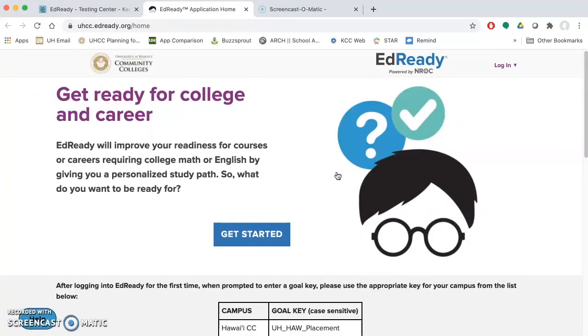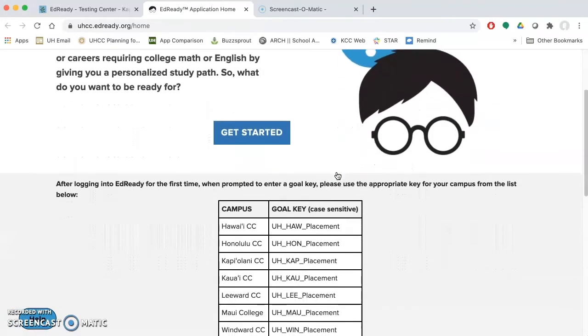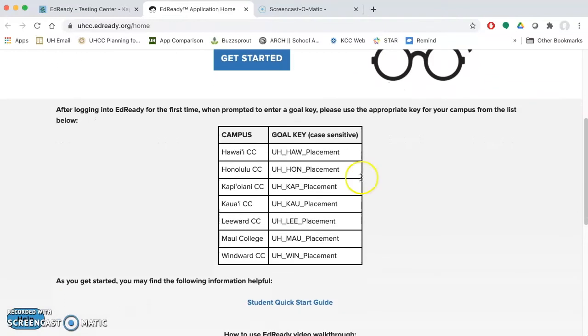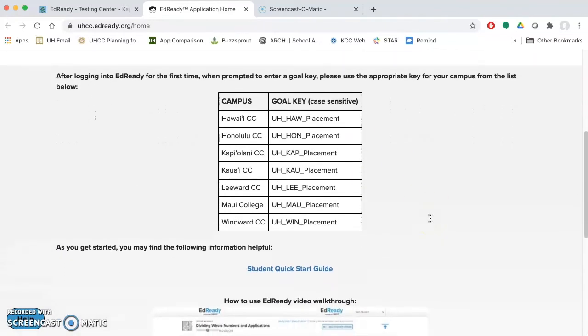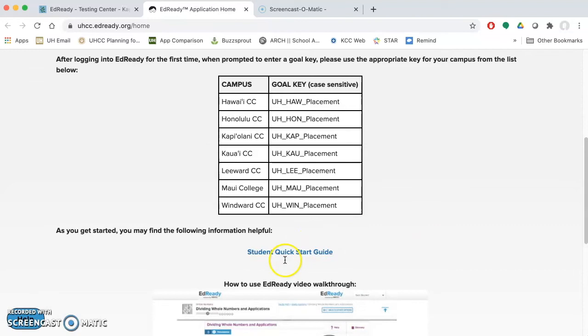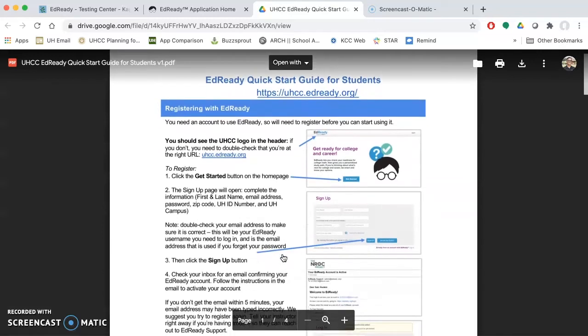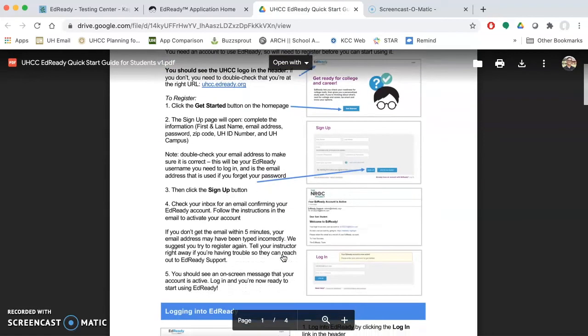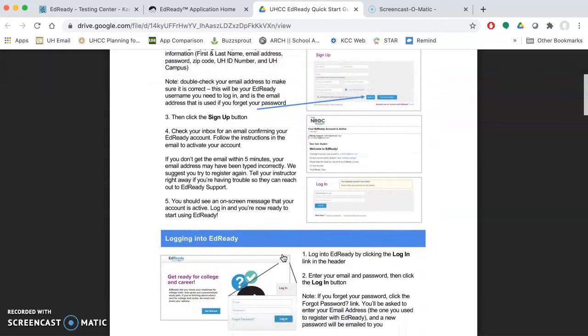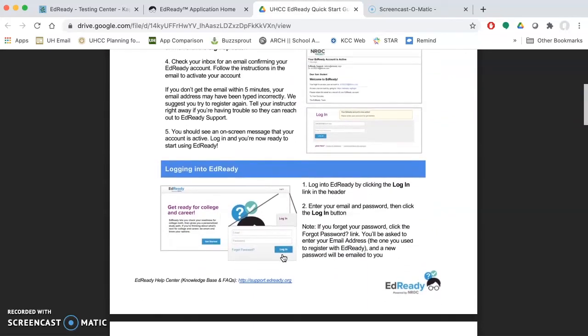Once they are in, they definitely want to read through this page as well very carefully. An important link on this website is the Student Quick Start Guide. Once they get into the Student Quick Start Guide, it provides even more wonderful information about getting started with EdReady.